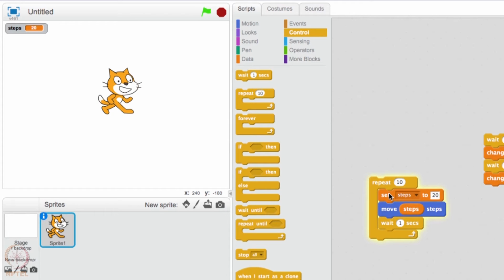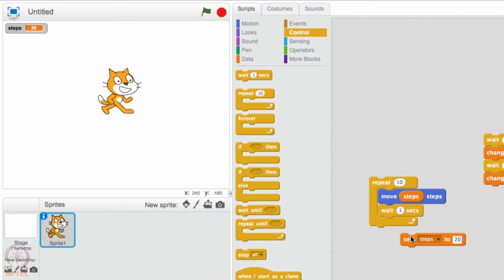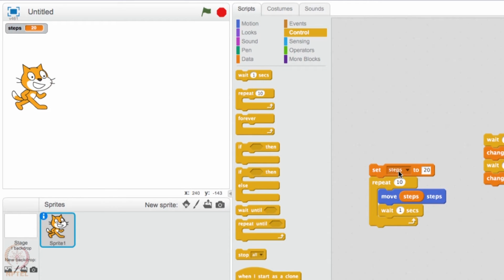Okay? Keep doing this. I can consider doing the following. Keep this here, so that you set steps to 20 and then move 20 steps and then wait for a second. Move 20 steps. Correct? I was assigning steps to 20 here every time. That's not required. Initially, if you assign, that should be enough. Double click. Ahead 20, 20, 20, 20, 20, so on 10 times. Let's watch her walk. 20, 20, and then she stops after 10 movements.